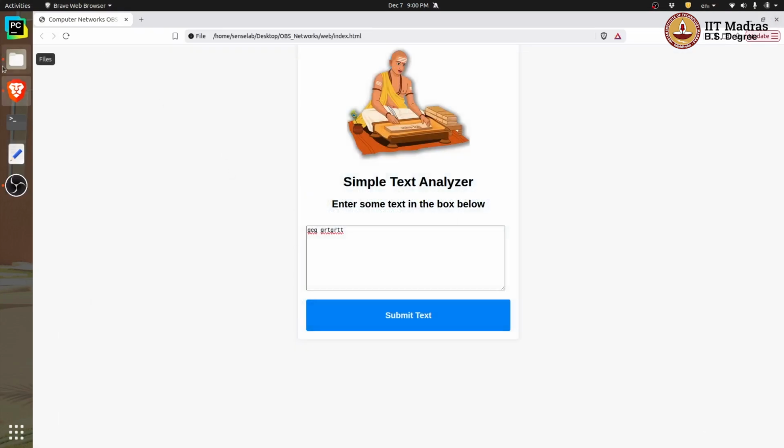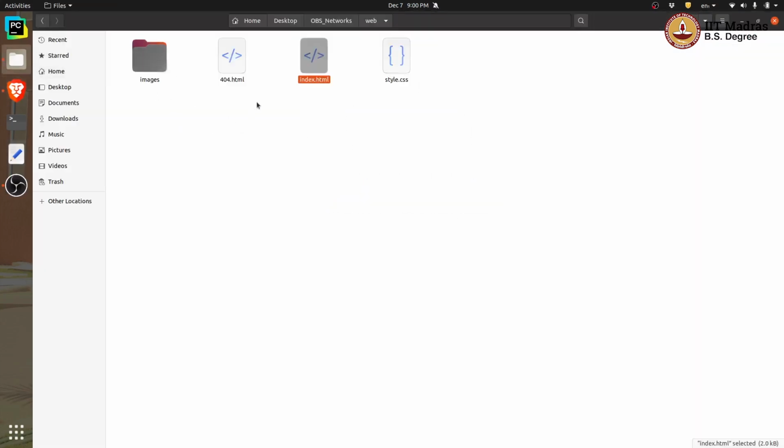So this set of files has an images folder, a 404.html, and index.html, and this index.html is linked to a cascading style sheet, the CSS file. All of this is going to be served by our application program. That application program is going to be our web server. So now